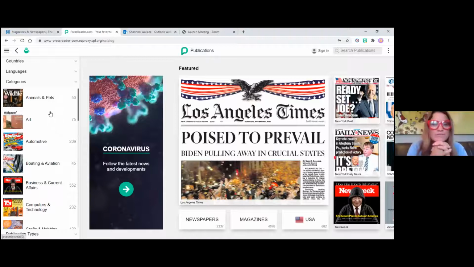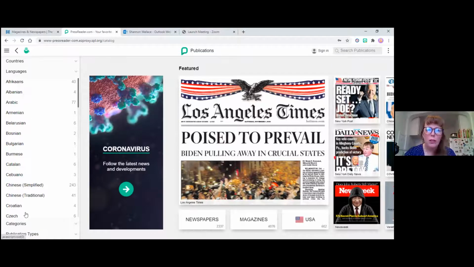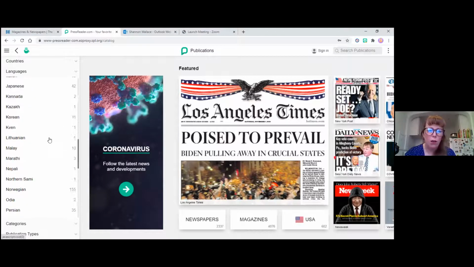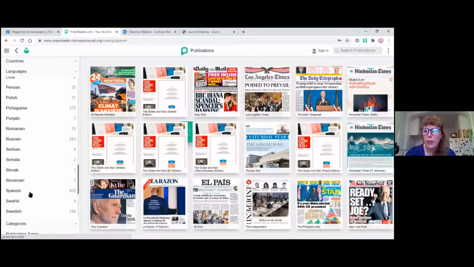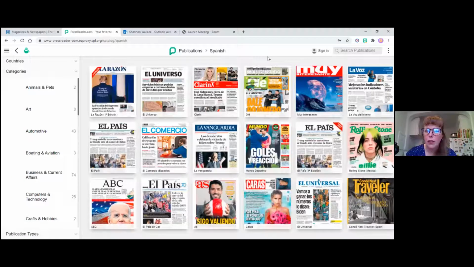For teachers, this is particularly useful to find international publications. So let's go first to this language menu, and you can see what's available here. Again, the number is how many resources there are. So if I scroll down to Spanish, you can see there are 830 different publications that are available in